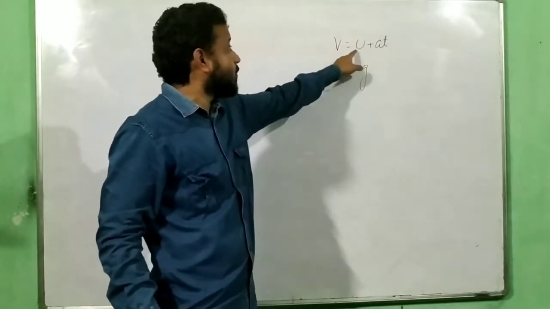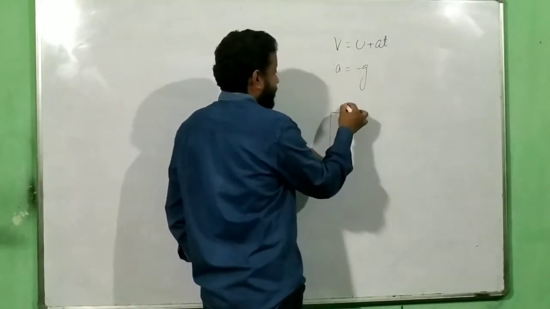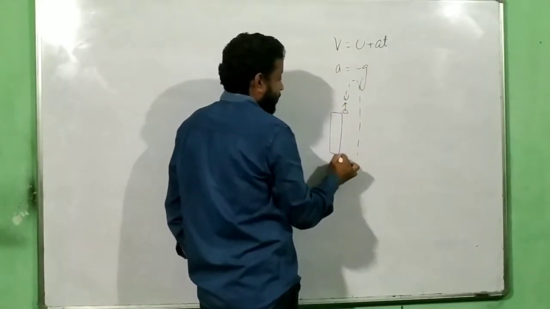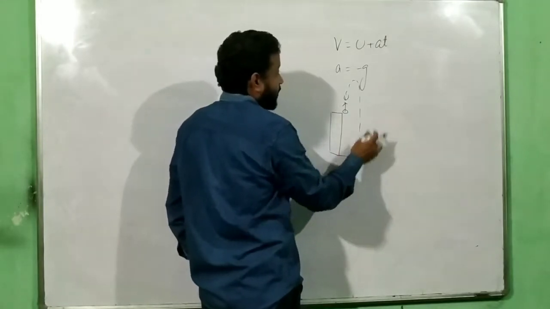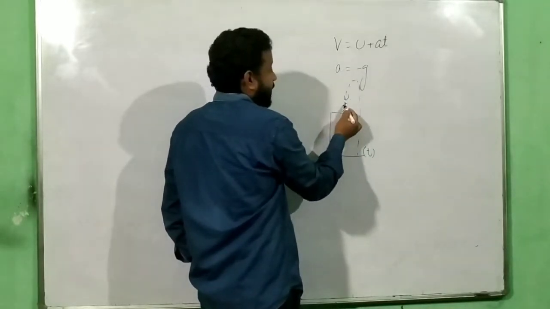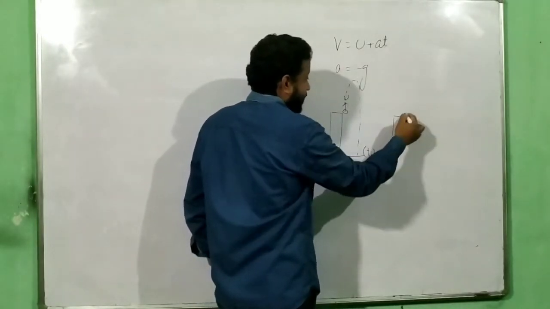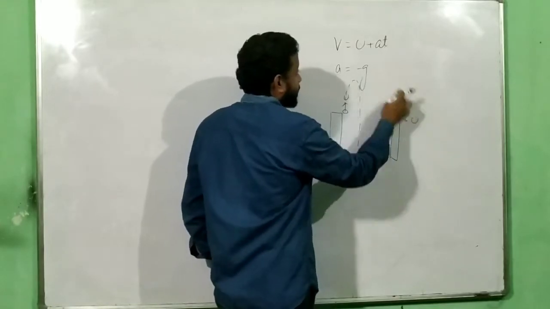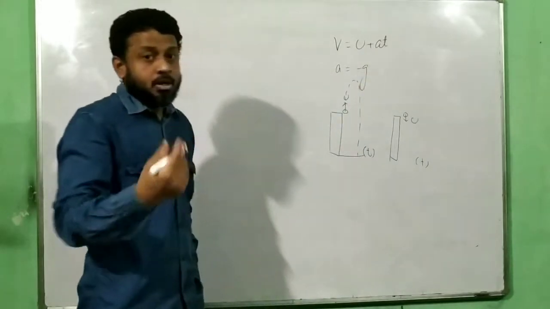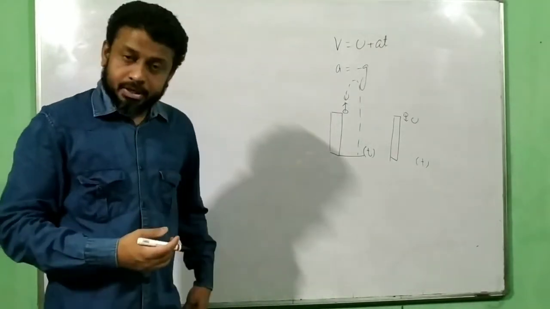But always ensure that the value of u which you are putting is correct. For a body which is thrown up, your u is positive. And then we know how to find time. So once you put this value of time over here, the value of a as minus g, the value of u which you put here must be positive. What about the case where the body is thrown down? The value of u which you put here will be negative. But before that you have to find time. And how will you find time? You will find time using the equation h equal to ut minus half gt square, okay? So this also has a very great importance in life.